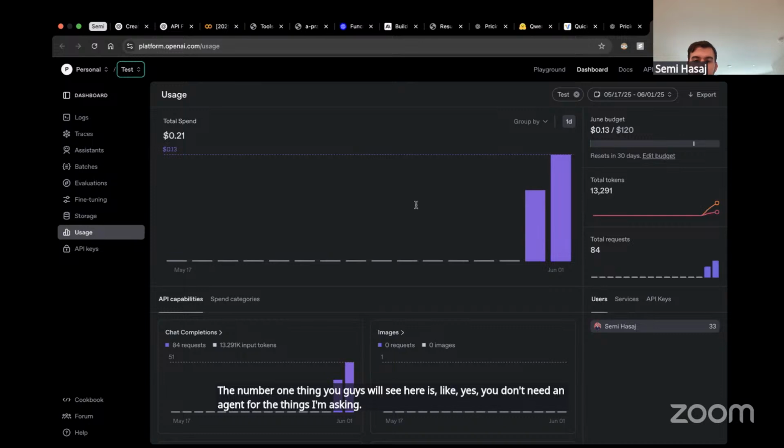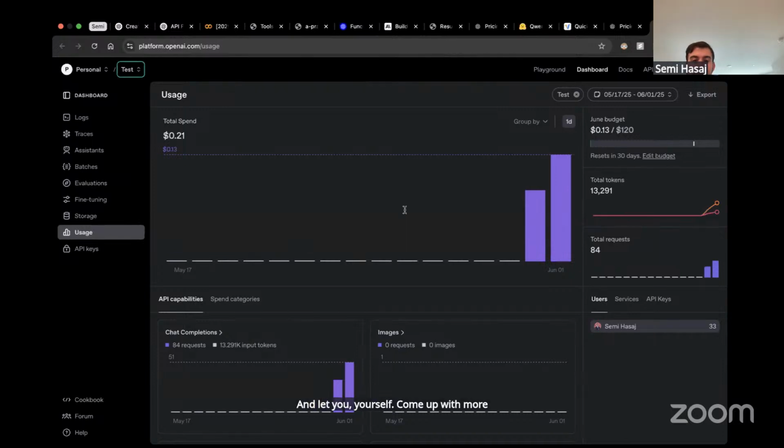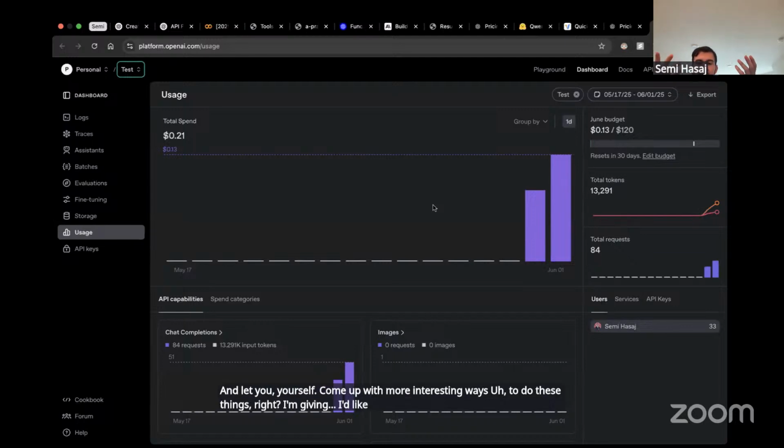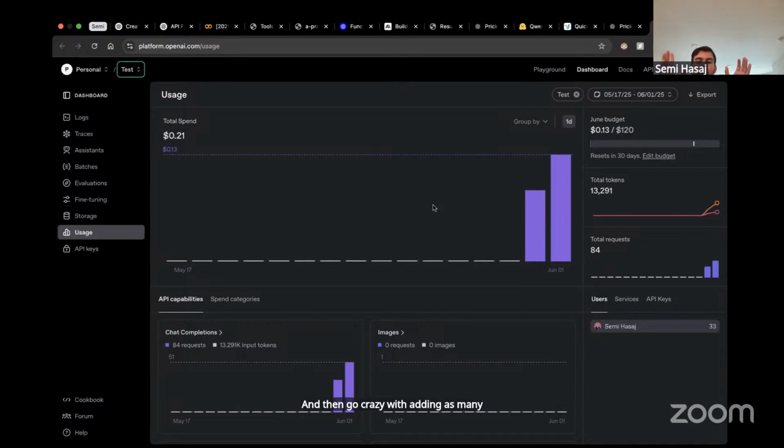An LLM itself could probably do it, but I just want to start simple and show you trivial examples and let you come up with more interesting ways to do these things. I'd like to give the scaffolding super simple and then go crazy with adding as many tools as you want to solve whatever problem you want.